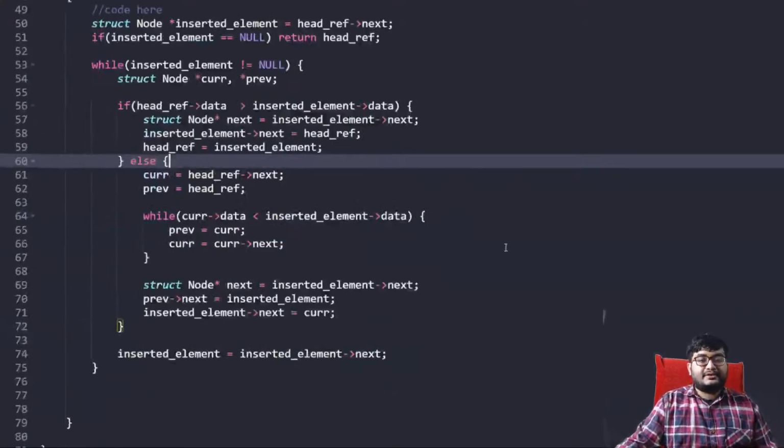Now I think it looks good. Okay, so when will we make it null? When will we make this null? That's interesting. What if whenever we are going for an inserted element, we should make sure that, okay, for when